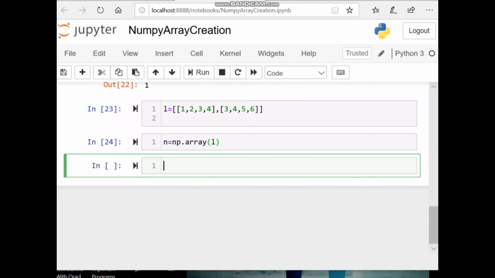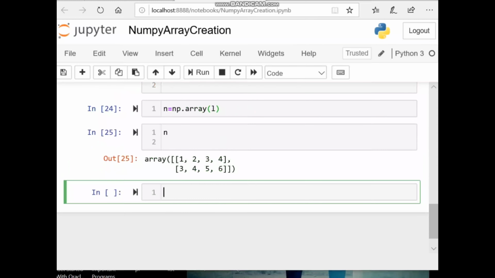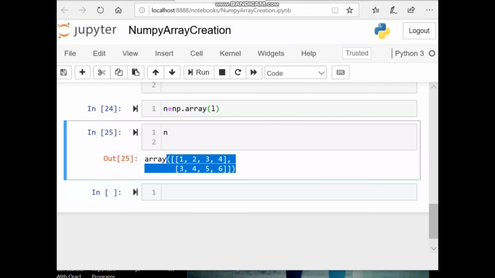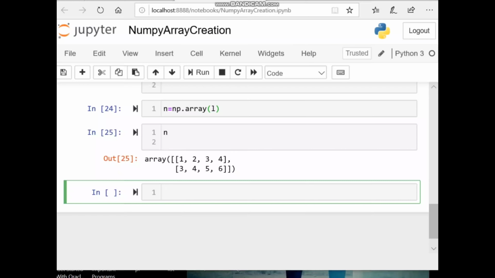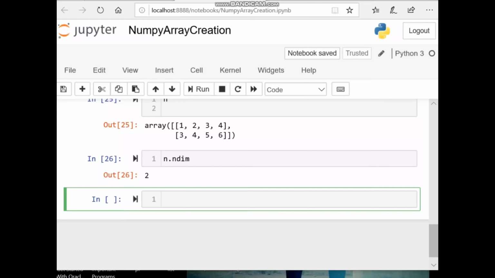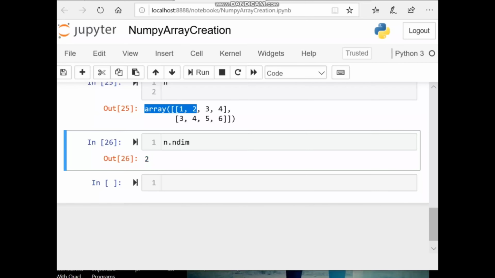And now we will check n. See this is a 2D NumPy array. And now we check whether it is 2D or 1D or 3D. Okay. So here is a function n.ndim and hit shift enter. See this is a 2D array. Okay.